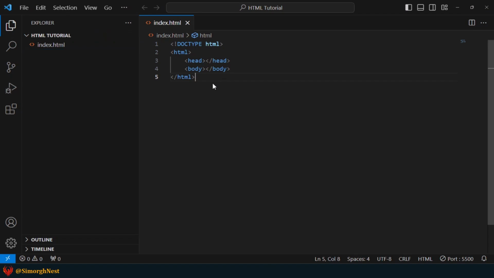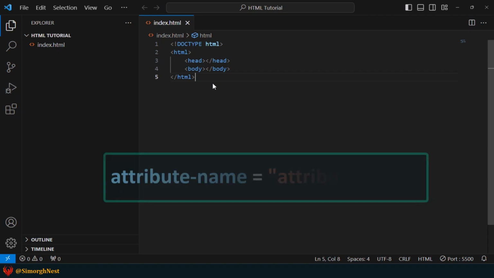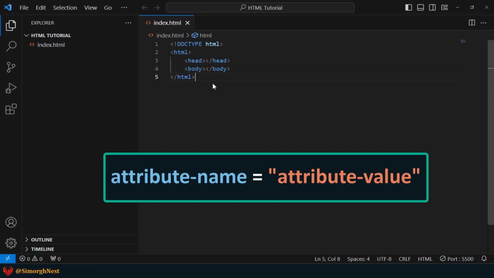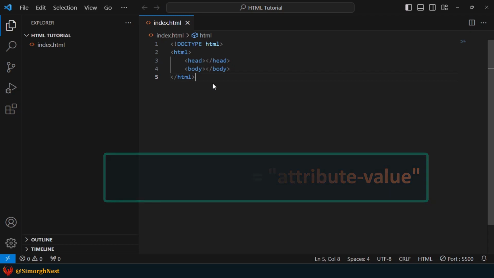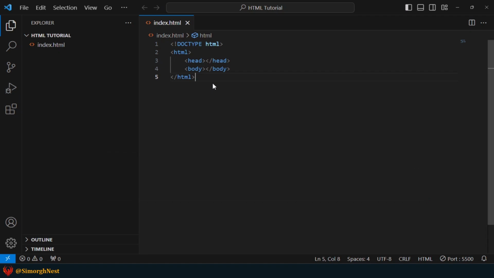Alright, the HTML element, like other elements, can have different attributes. Attributes contain extra information about the element that we don't want to appear in the actual content. We can add an attribute to an element by the attribute name followed by an equal sign, and the attribute value wrapped by opening and closing quotation marks. Alright, as we said, specifying the lang attribute for the HTML tag is very important. This attribute sets the primary language for the document. To achieve this, let's add this attribute by its name, equal sign, and en-us value.